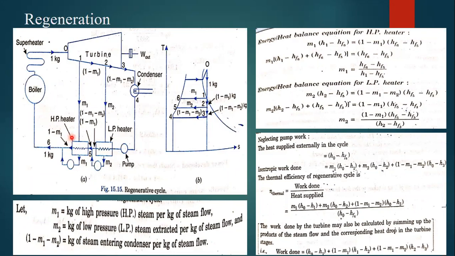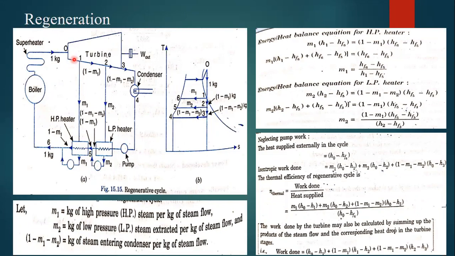And depending upon the pressure developed in the turbine, we are going to change the number of feed heaters here. So that's where we use regeneration. Why do we call it regeneration? Because we are extracting the steam. Steam has already been generated, and we expand that steam. The same steam that has expanded in the turbine is taken to heat the feed heater. That's why we call it regeneration. We are using the expanded steam again within this feed heater, right?